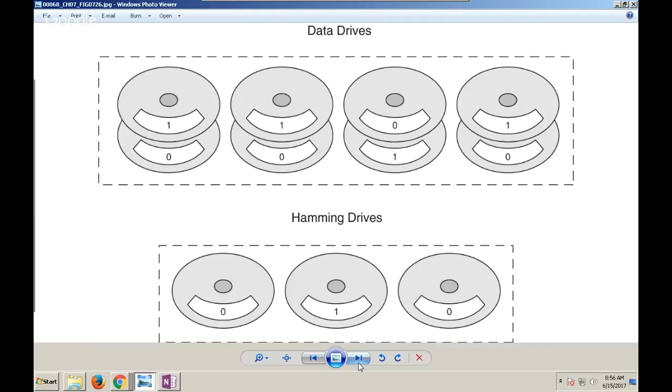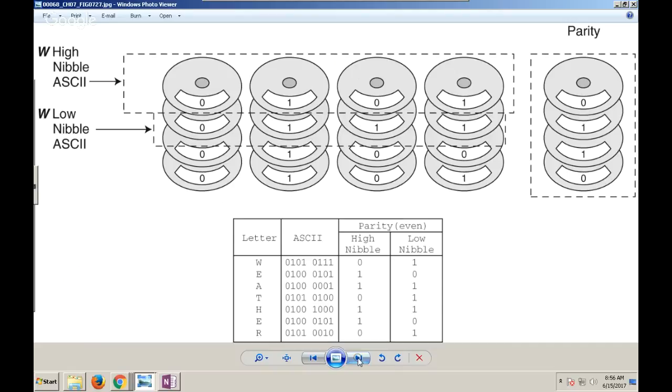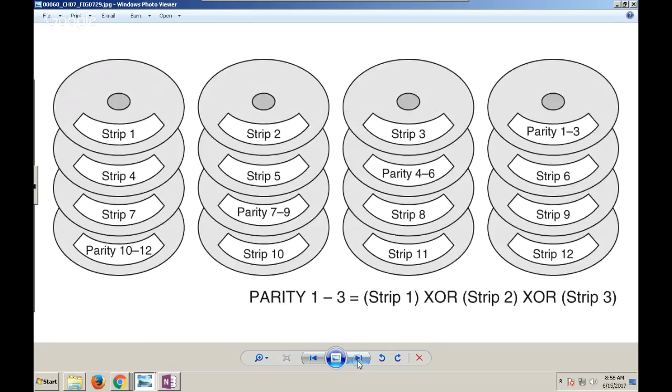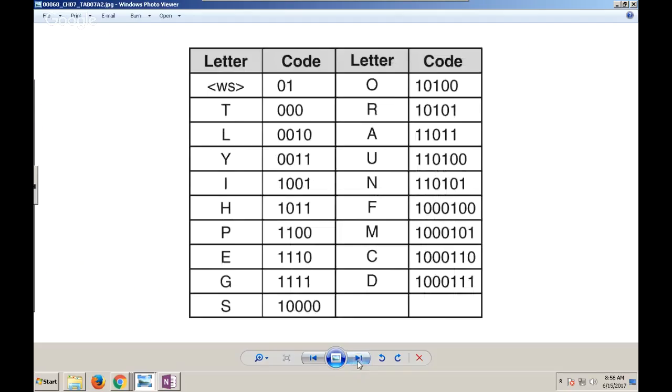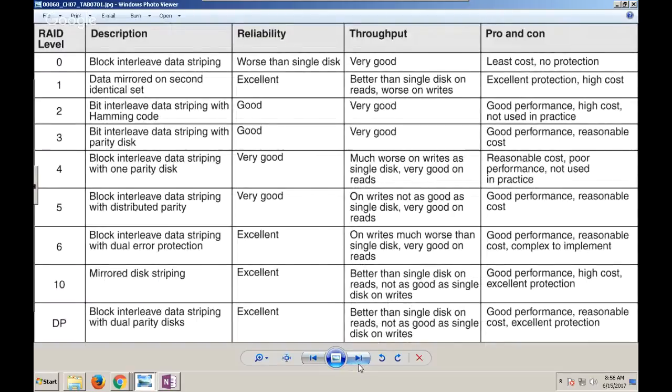And that's really where RAID levels 2, 3, and beyond come into place, trying to find mixes in terms of the balance, okay? Let me get to this. This is what we really want to get to, okay?